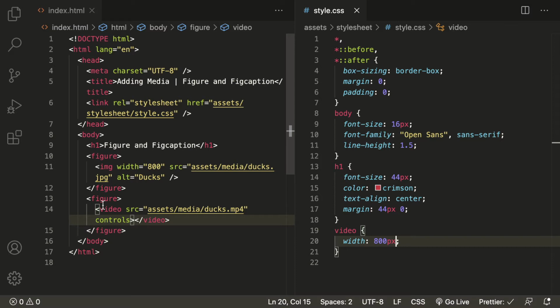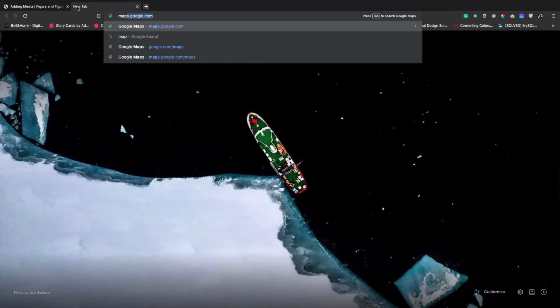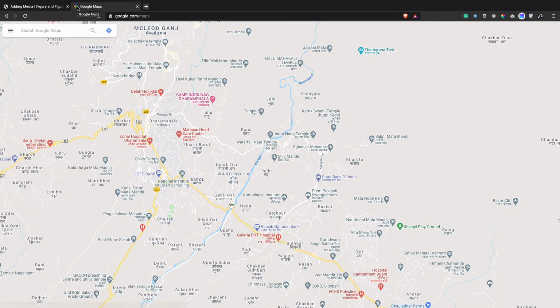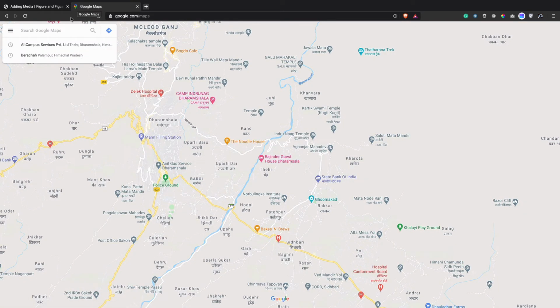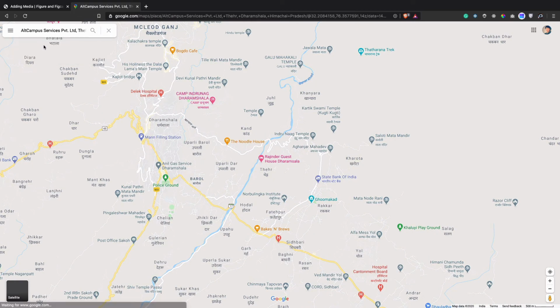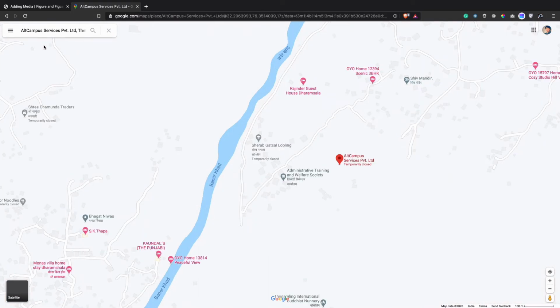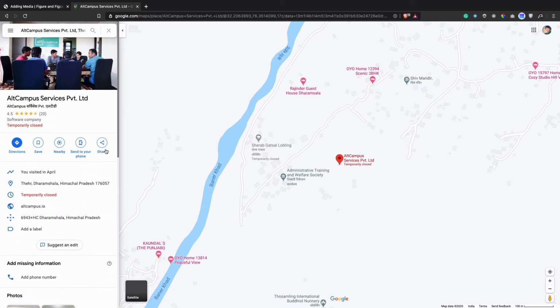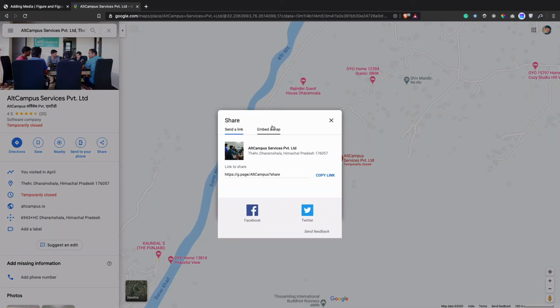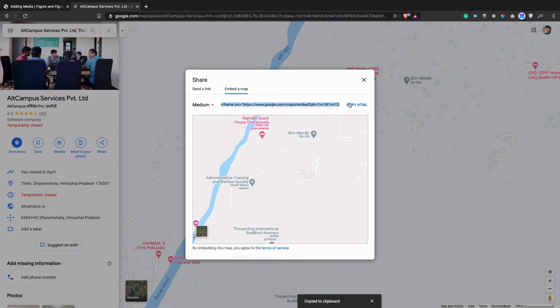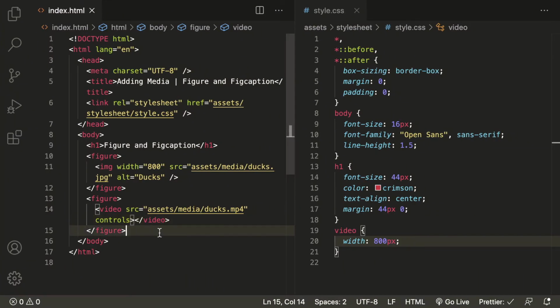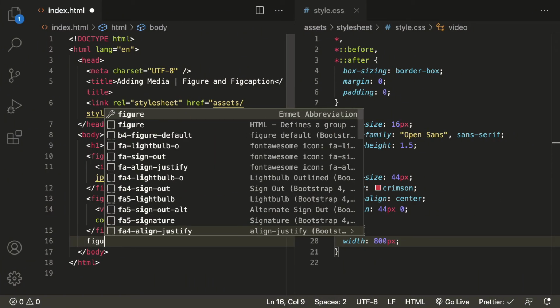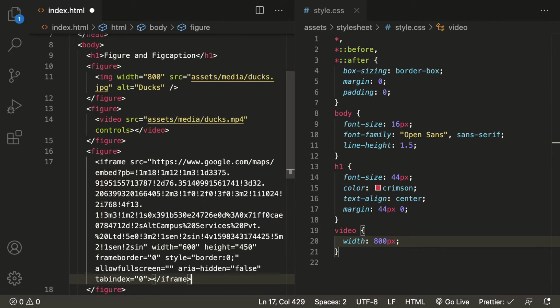Let's wrap one iframe tag also inside our figure tag. So let's embed a map again. Let's go with the campus here, share, and then embed a map, copy the HTML, and inside the figure tag let's wrap our iframe tag.